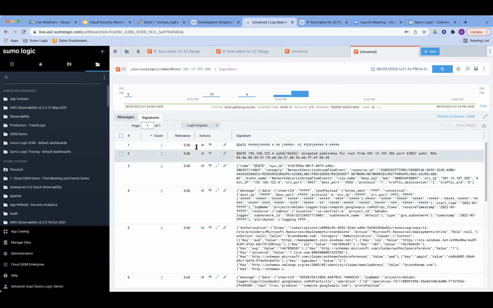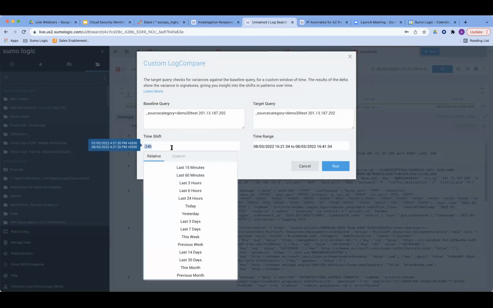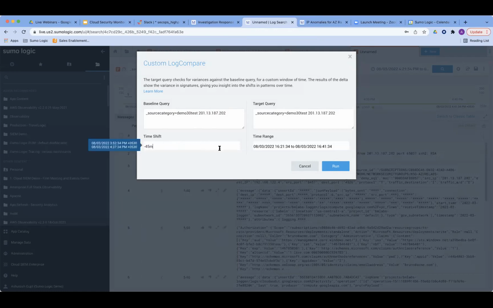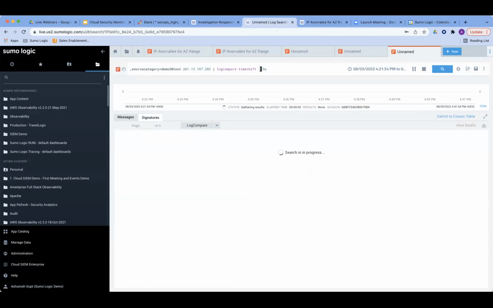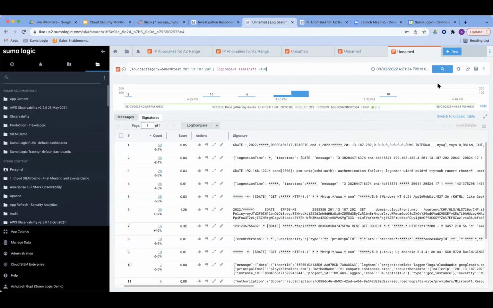Using that, you can actually compare these messages across a time difference. So for the same source category, same place, it compares between, say, 45 minutes back or whatever range you choose, versus the time range when these activities happened. If I run the log compare operator for a 45-minute difference, it will again do a kind of grouping of these messages. And what it gives you as a result is the percentage increase or percentage decrease for